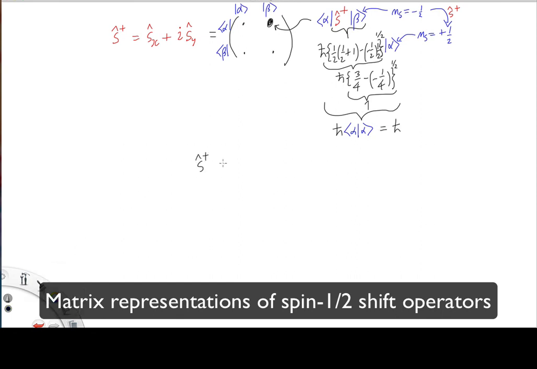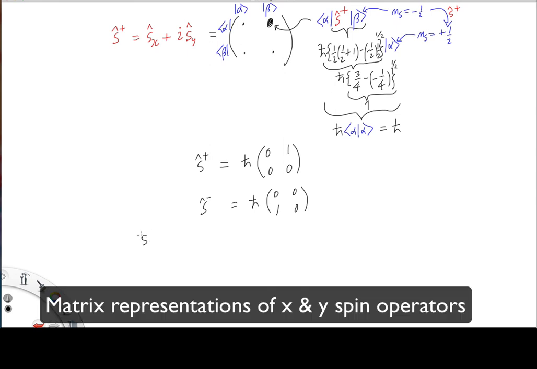So the matrix for the raising operator for spin half is simply given by h bar times a 2x2 matrix with 1 in the top right position and 0 everywhere else, as one can verify by explicit calculation, multiplied by h bar. And similarly, the matrix for the lowering operator,